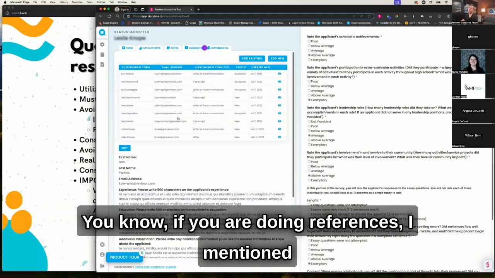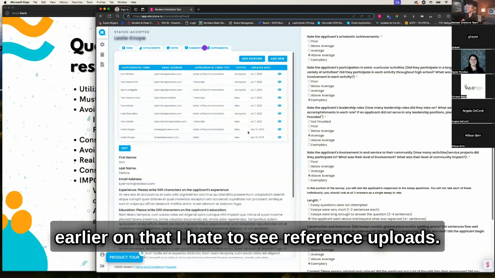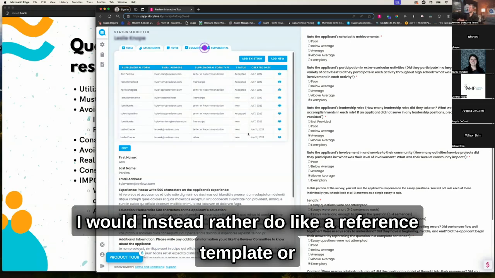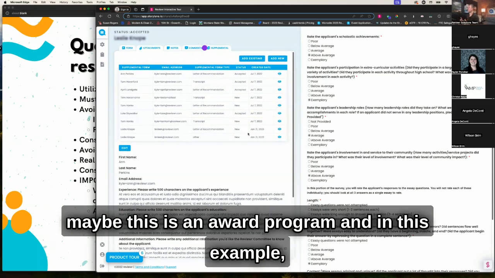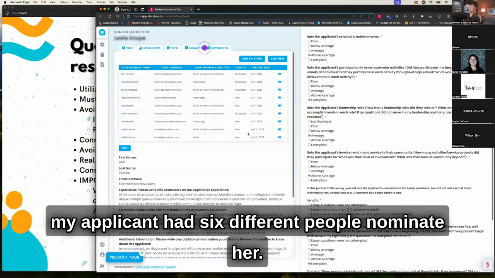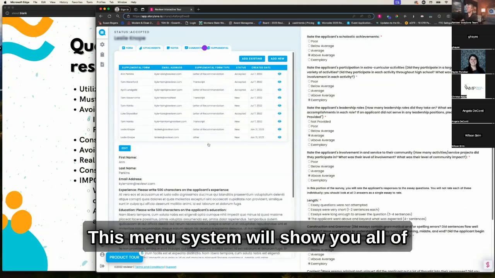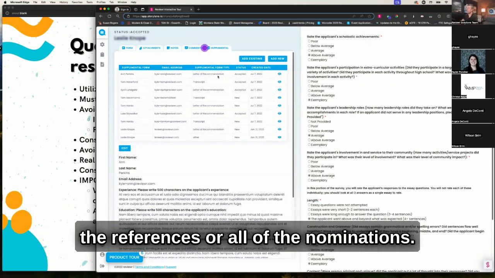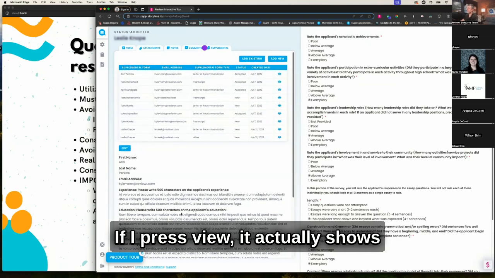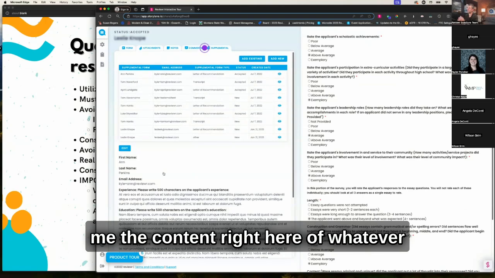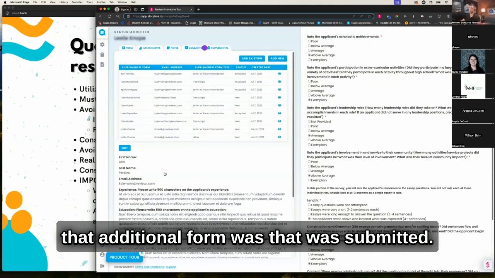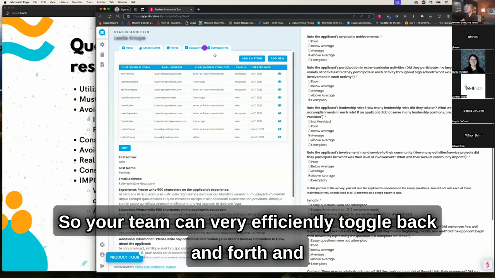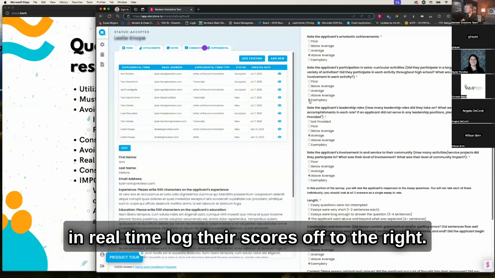If you are doing references, I mentioned earlier on that I hate to see reference uploads. I would instead rather do a reference template. Or maybe this is an award program, and in this example, my applicant had 6 different people nominate her. This menu system will show you all of the references or all of the nominations. If I press view, it actually shows me the content right here of whatever that additional form was that was submitted. So your team can very efficiently toggle back and forth and in real time, log their scores